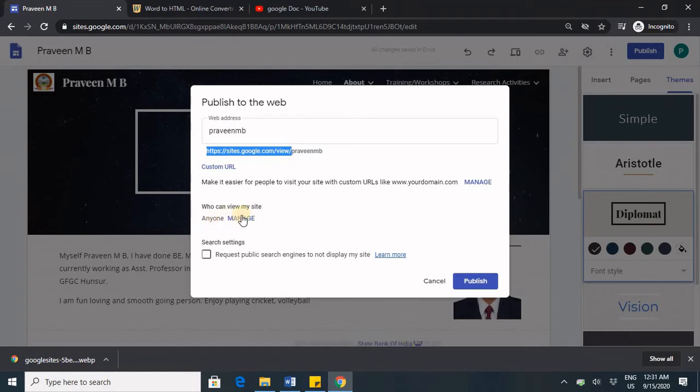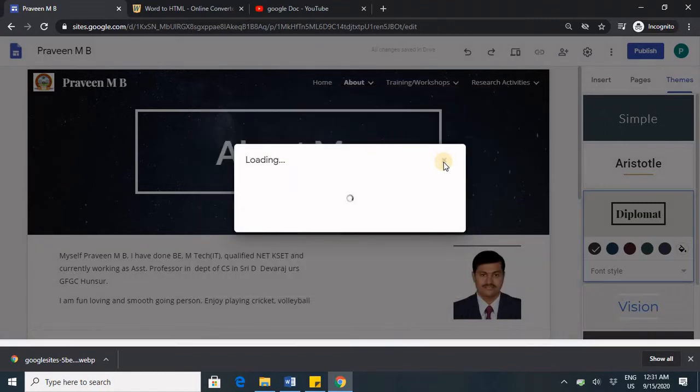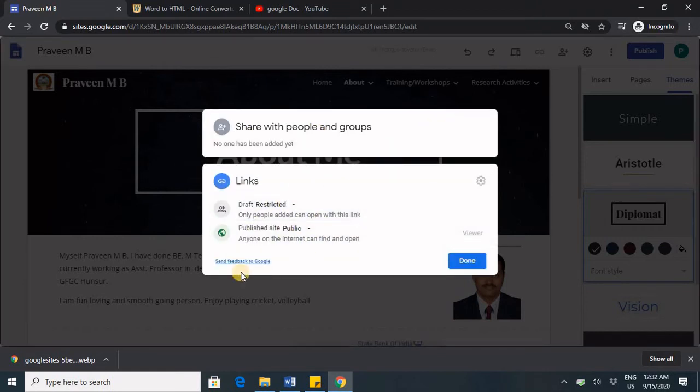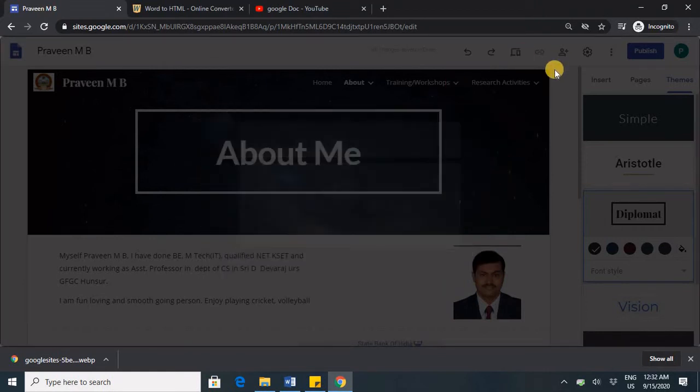You can manage whether everyone can view or only set of users can view it. You can manage using this. You can explore more about it, like just provide the email addresses so that only they can view it. Or if you just provide a link, only those people will be able to access.